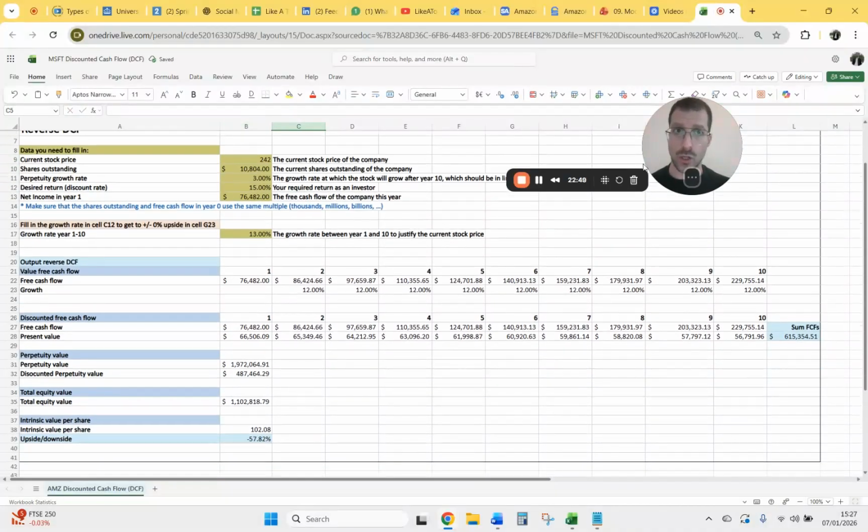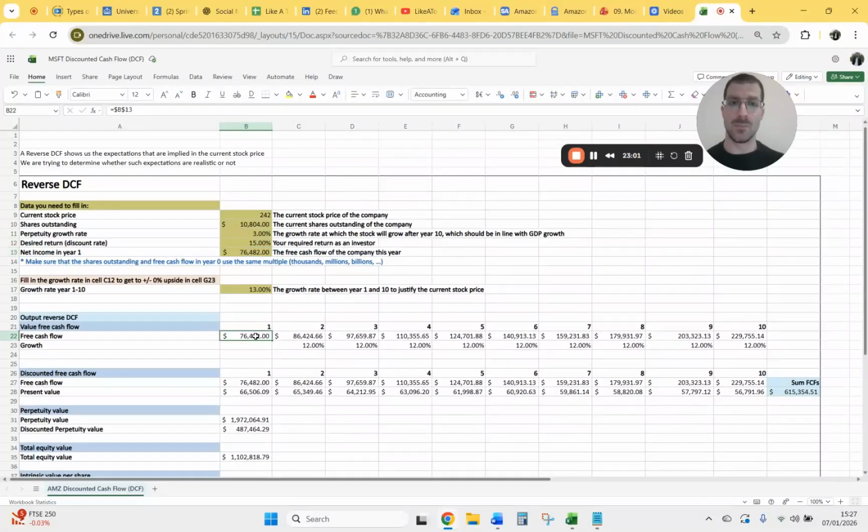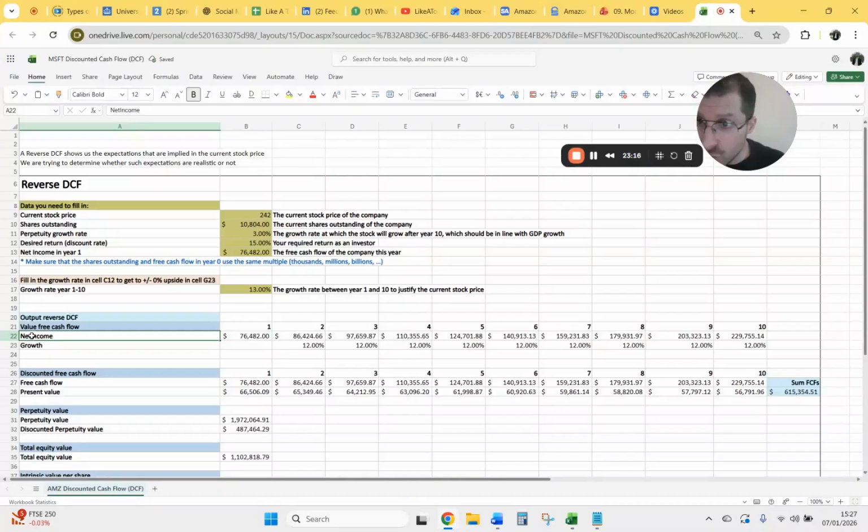Cool. So now, in terms of the growth rate, this is the net income in year one. But now what we want to see is we want to grow that net income at our projected growth rates over that 10-year period, right? And you can see that the above cells where you see free cash flow right here, which in the case of Amazon will be net income, what these cells will tell you, bear with me,